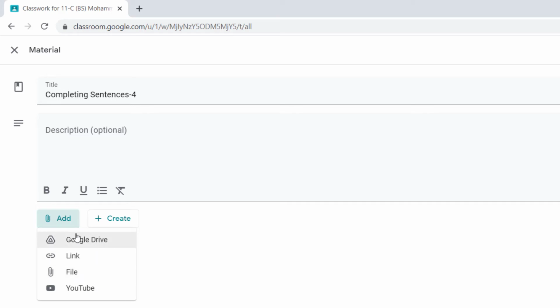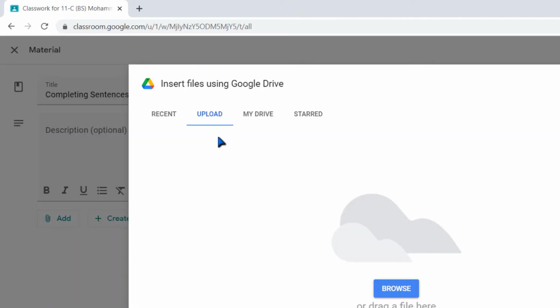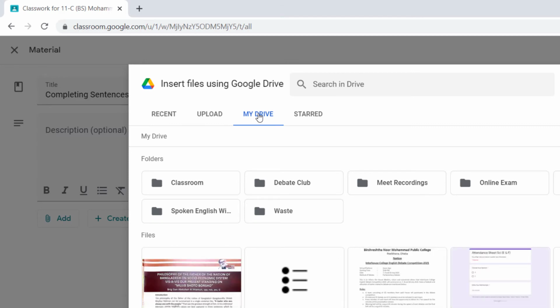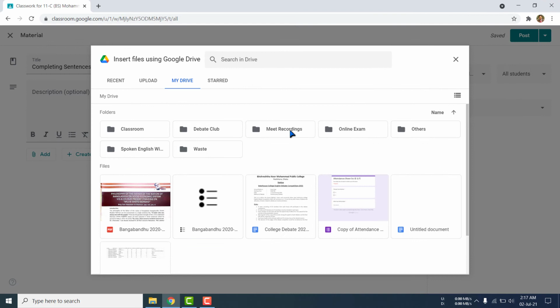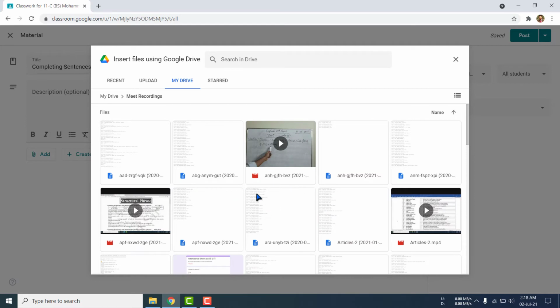Okay. For that, you can go to Google Drive or you can click here, file. I am clicking the file option. See here, upload, my drive, or you can also browse, no problem. Okay, I am clicking my drive because I like to add a file from my Google Drive. I know that all my recorded files are stored in this folder, so I am double clicking on this folder. If I cannot find my particular file on the particular date, then I can change the display system.